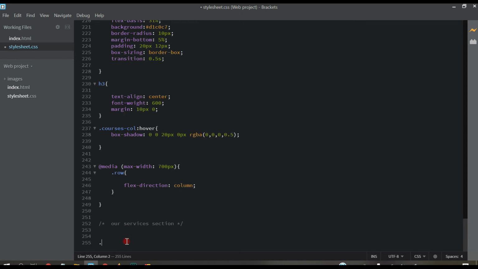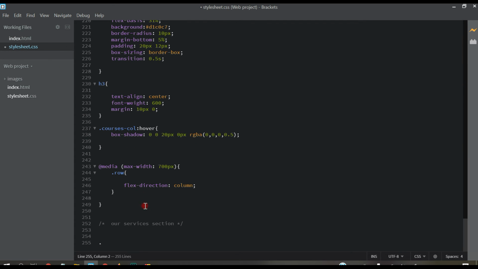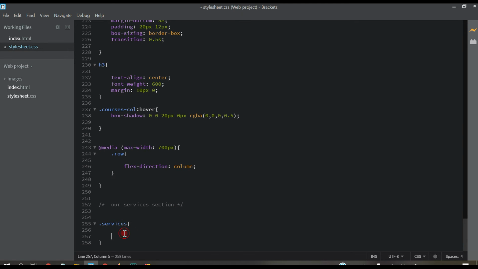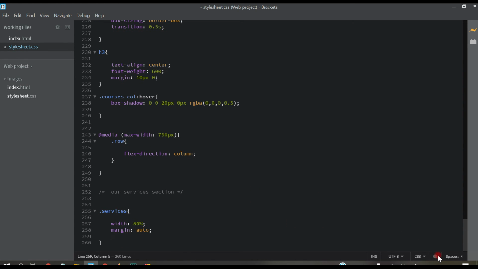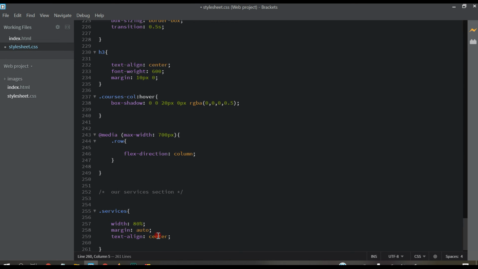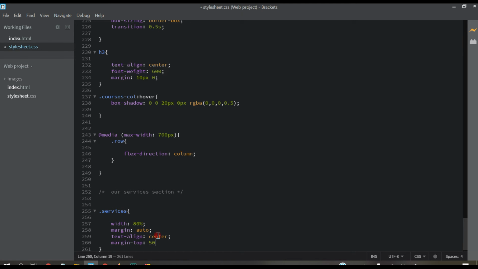And here paste this service class that we copied from HTML, and open bracket, and then write width 80%, margin auto, text align center, margin top 50, not percent, pixel.